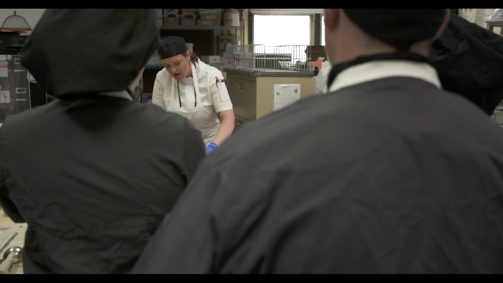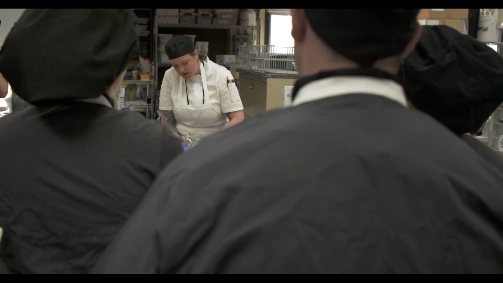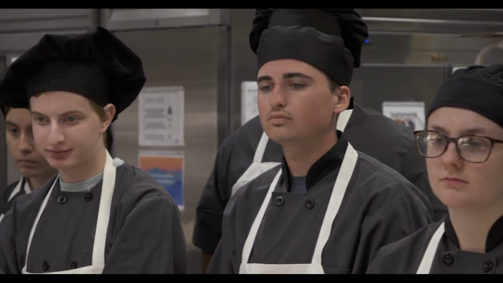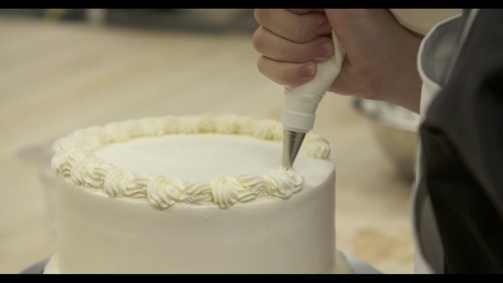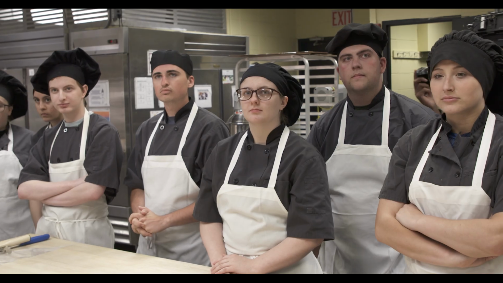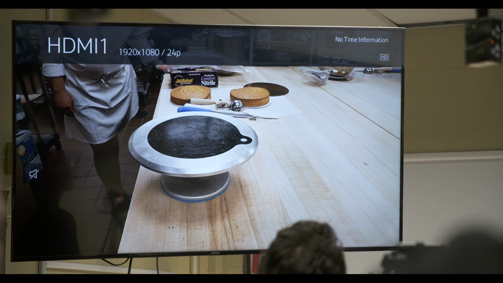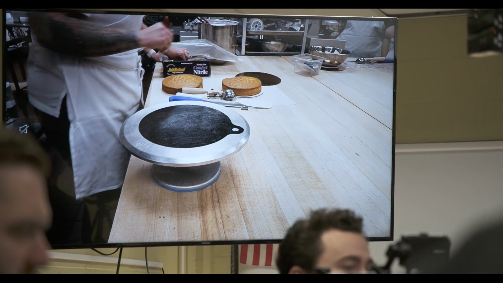So the problem that we run into in our class and in many CTE classrooms is the kids gather around us and they don't necessarily gather behind us, they gather in front of us, and they're not able to see what's happening in our view. So they need to be able to see our hands and what we're doing when we're decorating cake and doing little intricate details. Being that there's 24 kids and these details are small and they're hands-on, we use the cameras to basically zoom in on our hands so they can see exactly how our hands are placed, how the shell borders are placed, how roses are made, how the techniques are done, but that's all used with the camera on